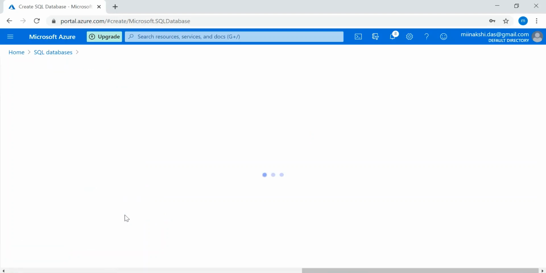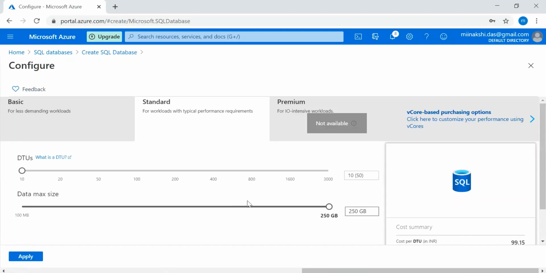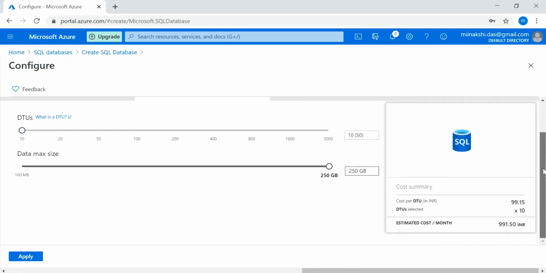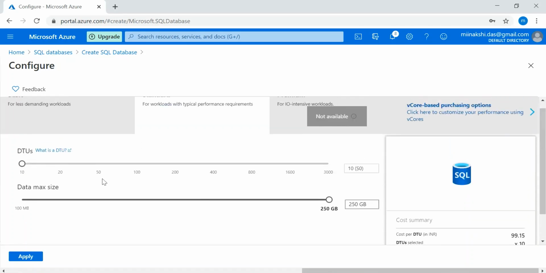Configure the database. This database configuration is very important because it directly affects our cost. Here the cost calculation depends on DTU and data max size.